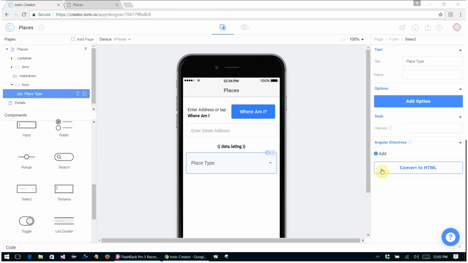And so that is connected to a data variable called ng-model data type. And next it's going to be ng-options, and I'm just going to copy paste. So I'm going to add the second one here and the third one, which is ng-change. And for ng-change, it's going to be get places,